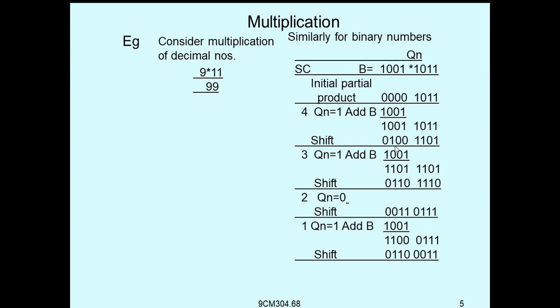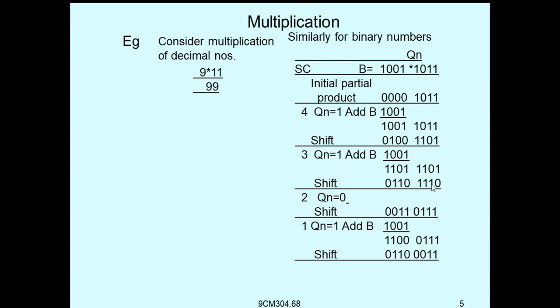The 9 value can be added, A to the B, and then we get double one zero one, and then double one zero one. Once again Qn equals 1, so once again we have to perform the shift operation. If it is 1, we have to add A and B, and whatever result we get, perform the shift right operation.